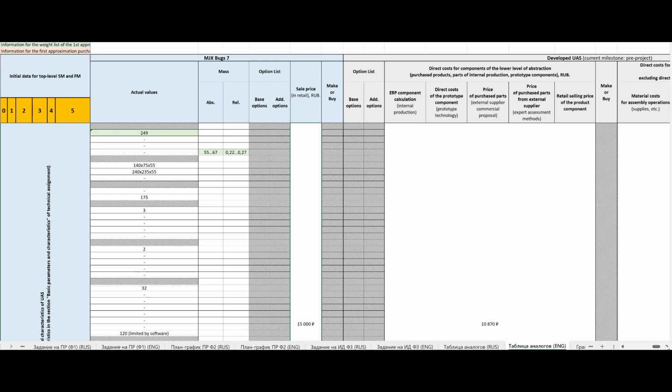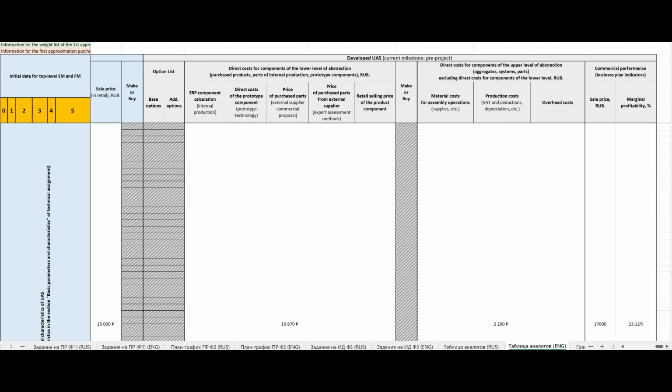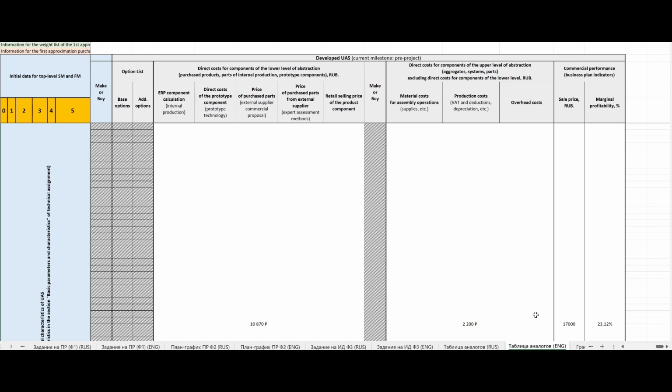Direct costs for the components of the upper level of abstraction, aggregate systems and nodes, in the amount of 2,200 rubles, are calculated by the expert method, since such information is usually missing for the pre-project milestone, especially in the case of reverse engineering of an object, the design of which is being performed for the first time. Accordingly, the marginal profitability column provides an expert assessment of the marginal profitability of a product at the current milestone of the project, which in this case is